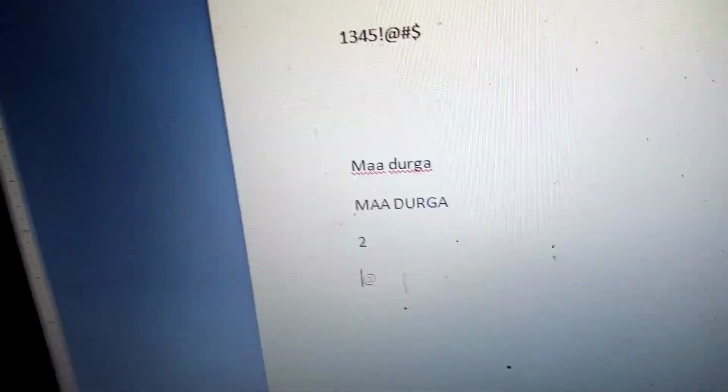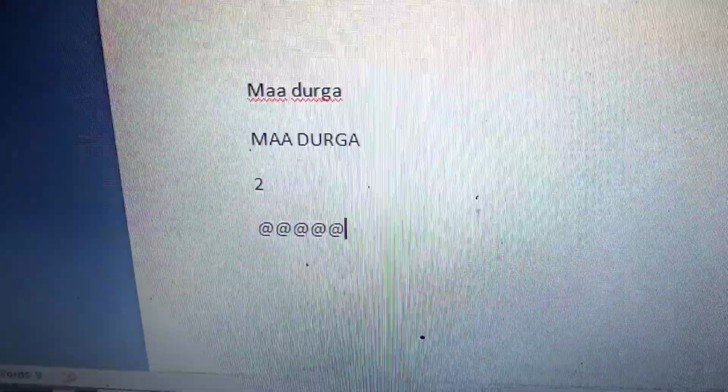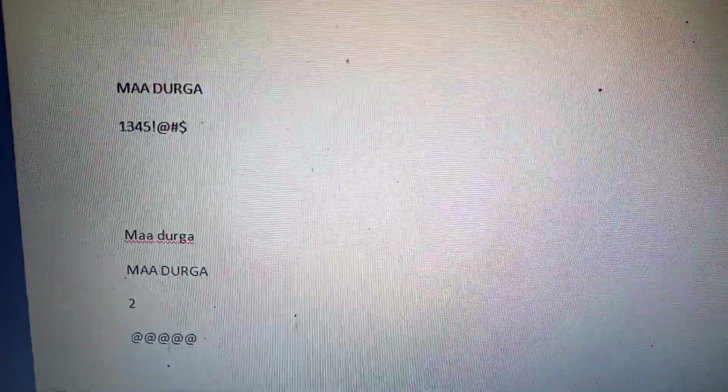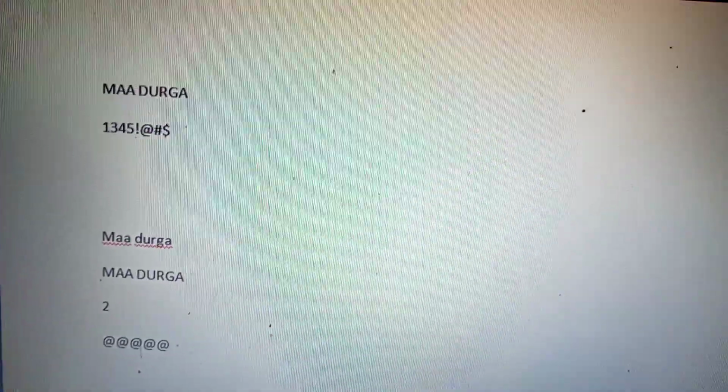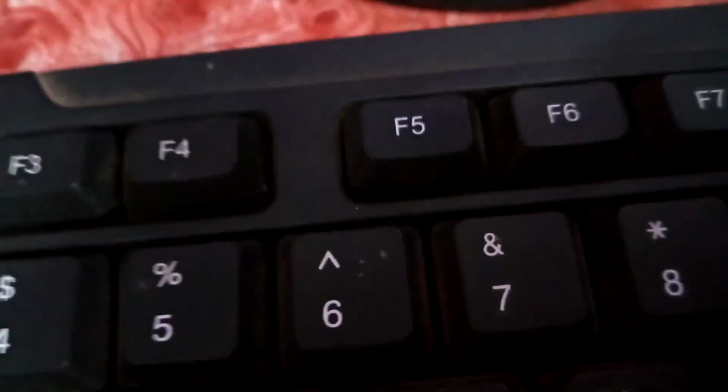Look at the screen, now it is available. That is the function of the shift key. The shift key is a key by which we can type special characters like exclamation sign, at the rate, hash sign, dollar sign, percentage sign, caret sign, and sign, star sign, like that.